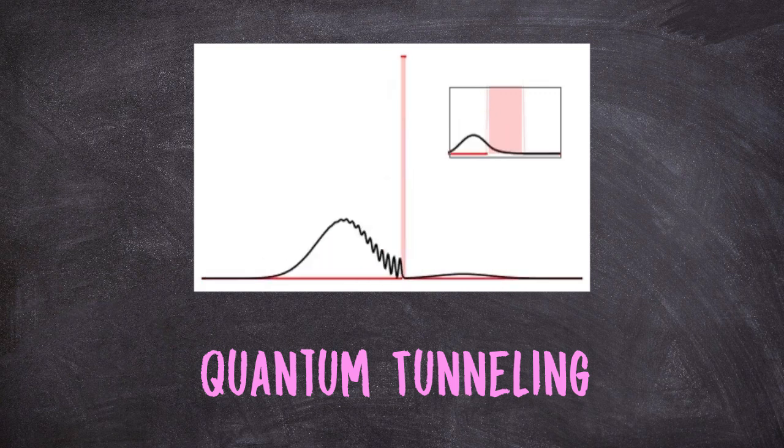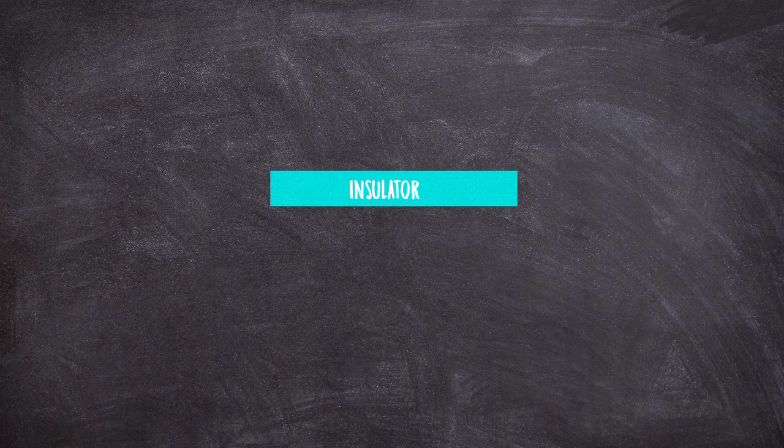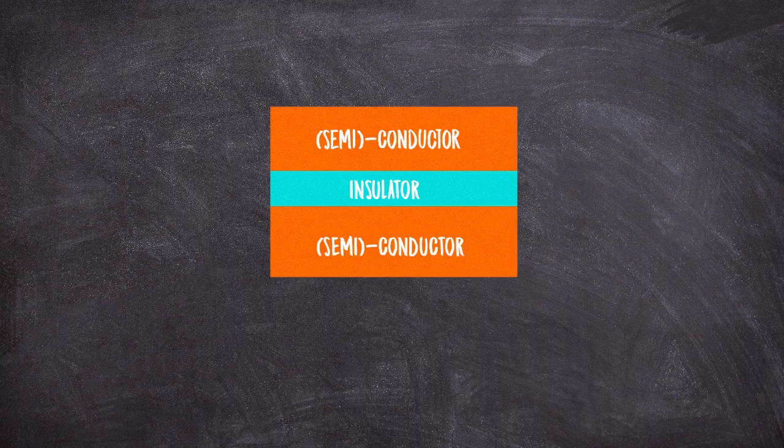The most common situation where you'll find electron tunneling is when you have a certain sequence of thin layers of different materials. In fact, a specific sequence that we really want to look at is when you have a thin layer of insulating material that is separating or dividing two regions of a more conductive material.